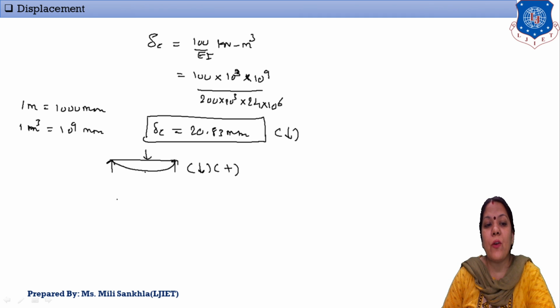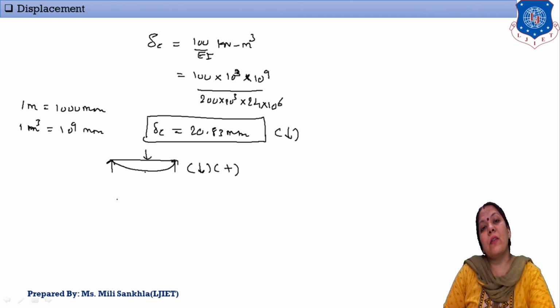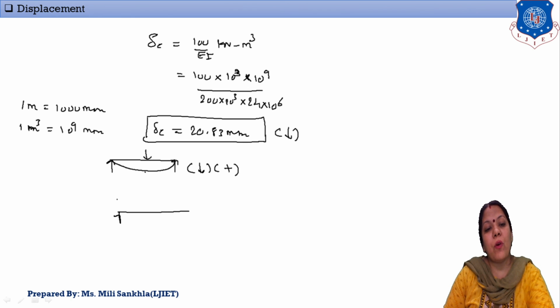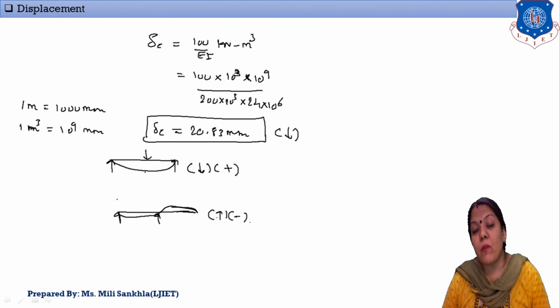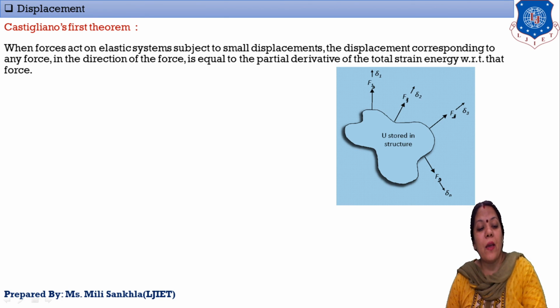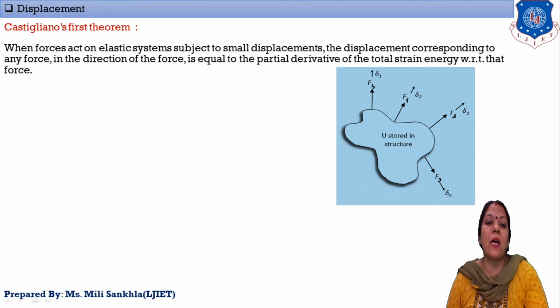For a cantilever beam, or suppose this type of overhanging beam is given, in that condition our deflection is like this way. If our deflection is upward, then we have to take a negative sign. With a negative sign, the upward deflection will happen in an overhanging beam. Here our conjugate beam method is complete. In the next session we start our new method, that is Castigliano's theorem first. Just now we stop here.